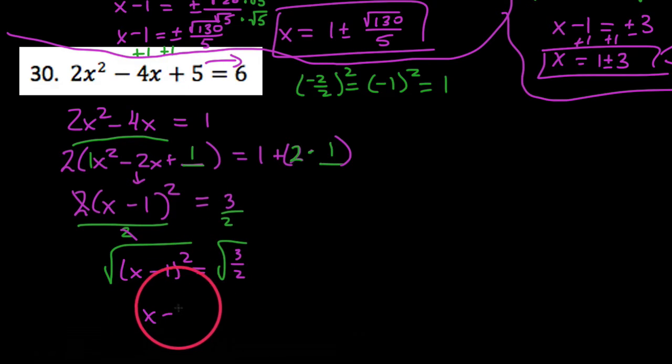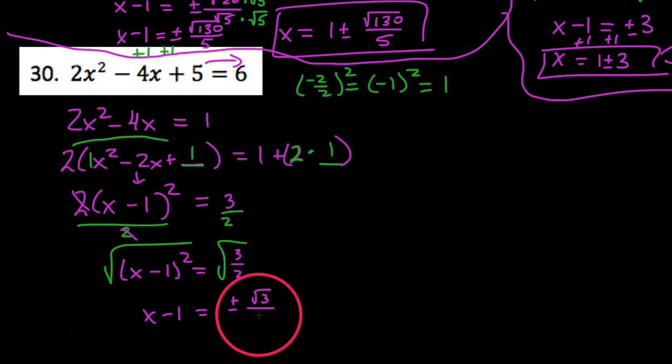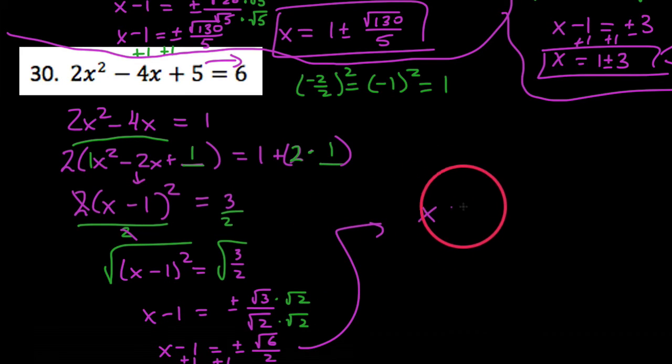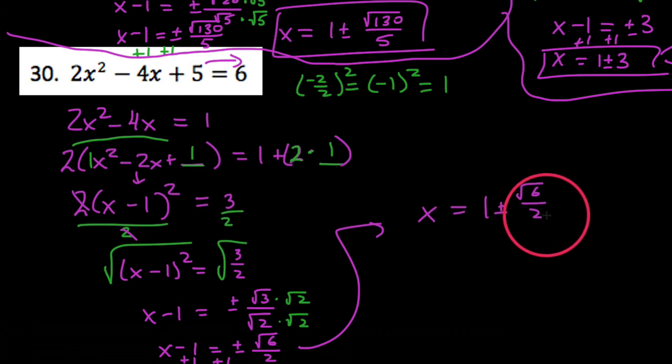So knowing what you know about radicals of fractions, we're going to put plus or minus, but we're going to split this up as the square root of 3 over the square root of 2. And while we're at it, we're going to rationalize our denominator here. So what we get is really just x minus 1 equals plus or minus the square root of 3 times 2, which is the square root of 6, all over 2. So to fulfill our duties here, we'll add 1 to both sides. And what I end up with is just 1 plus or minus the square root of 6 over 2,